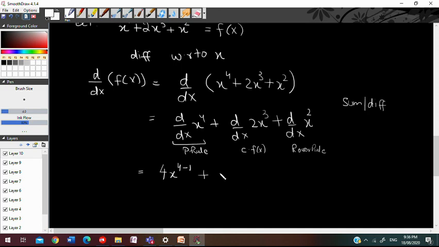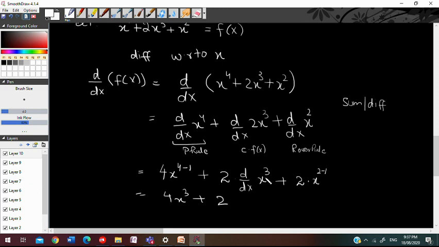Now here we have 2x cube. 2 is a constant, so we cannot calculate the change of a constant. That's why I can write this as d by dx of x cube, again plus x square. It's also a power rule. So we bring this 2 to the back of the function and subtract 1 from the original power, whatever the power may be. Even if we have minus 2 here, you will still subtract 1 from this minus 2. Okay, so now 4x cube plus 2.